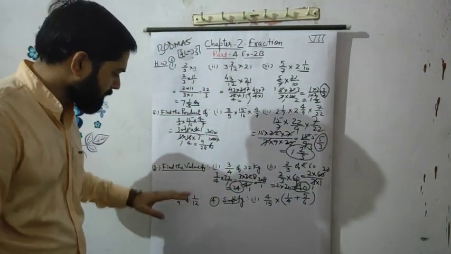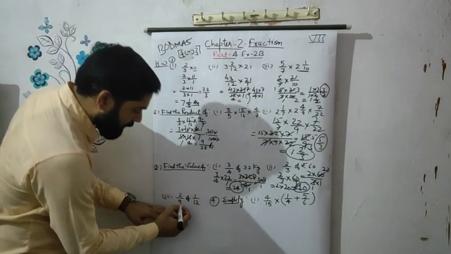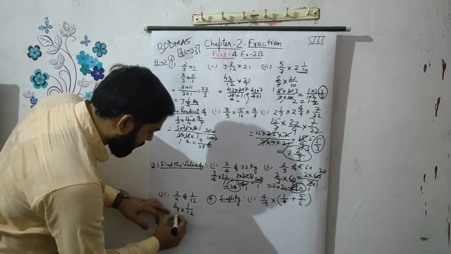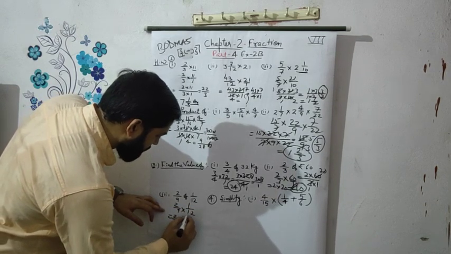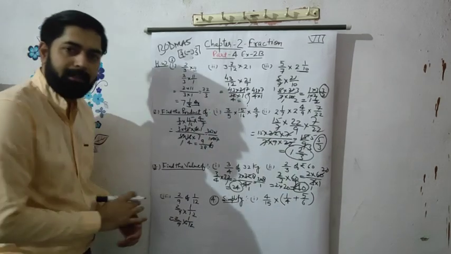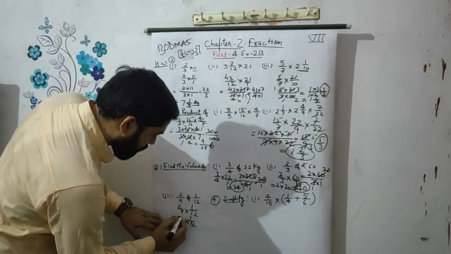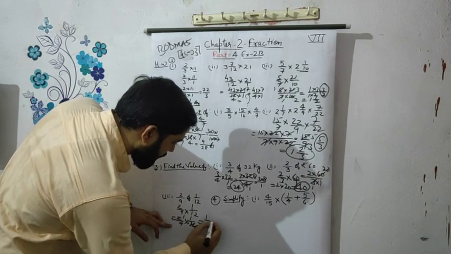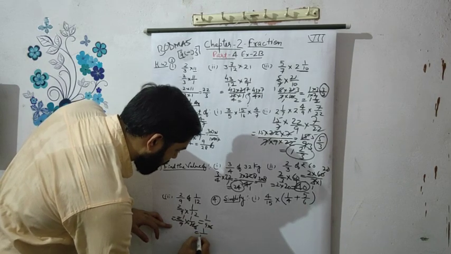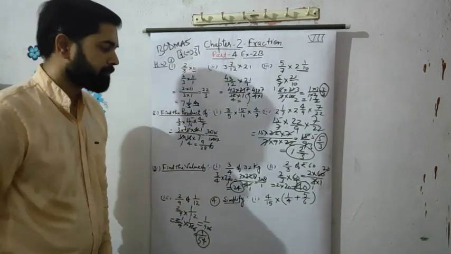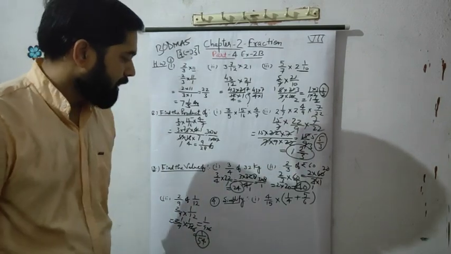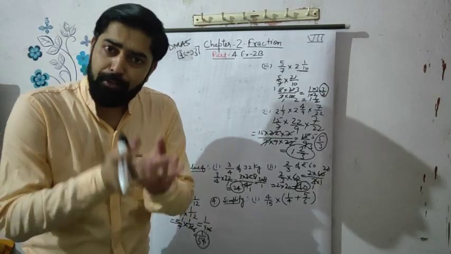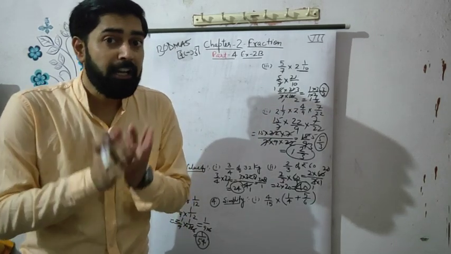So before the fourth question, first we solve the third question. So 2 upon 9 of 1 upon 12. 2 upon 9, of means multiplication, 1 upon 12. So 2 upon 9 multiplied by 1 upon 12. So 2 and 12 are divisible? Yes. 2 1s are 2, 2 6s are 12. So 1 upon 9 multiplied by 6, and that is 1 upon 54. This is the answer.